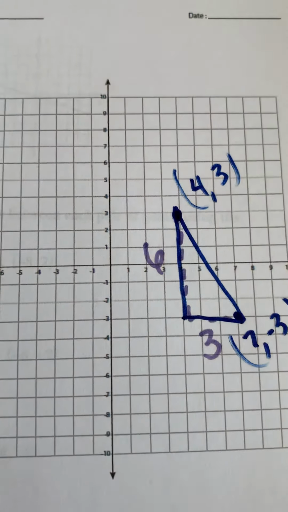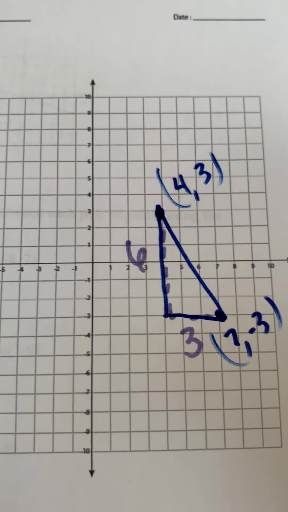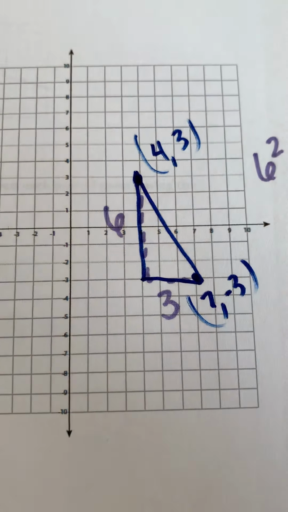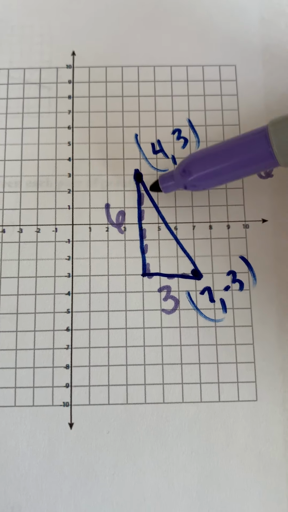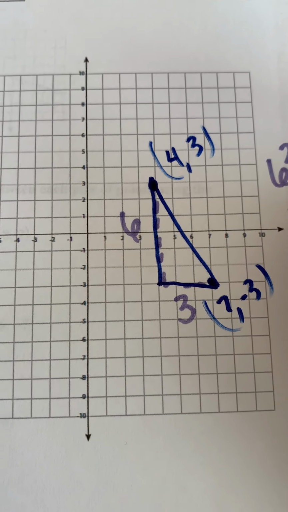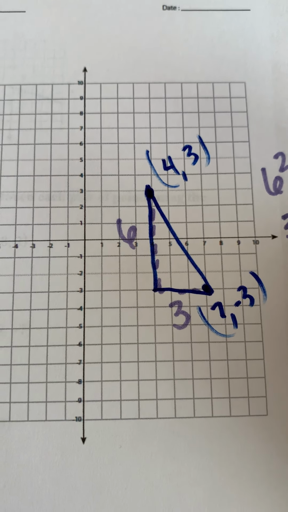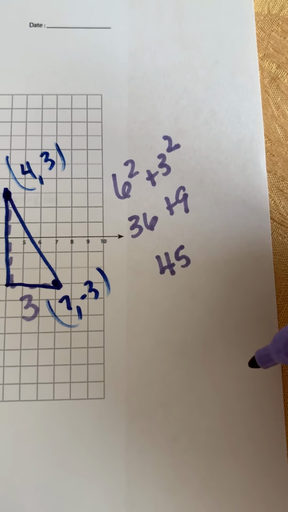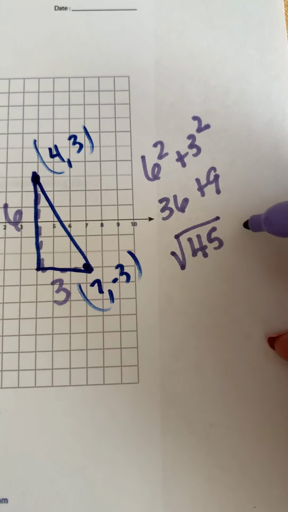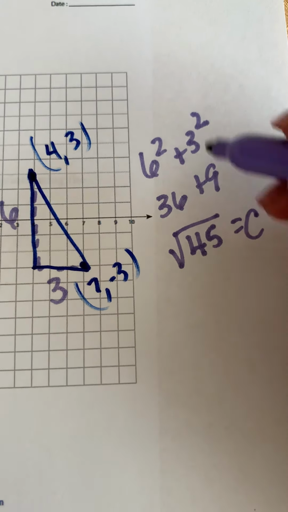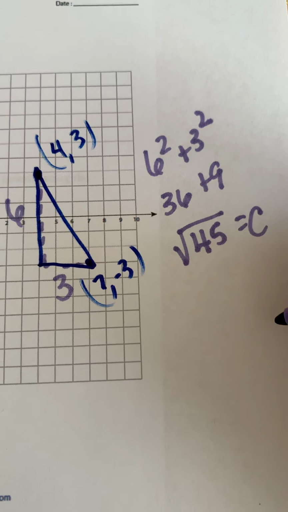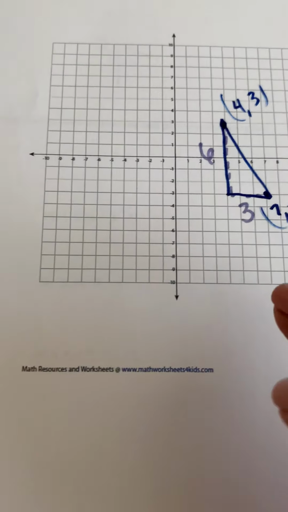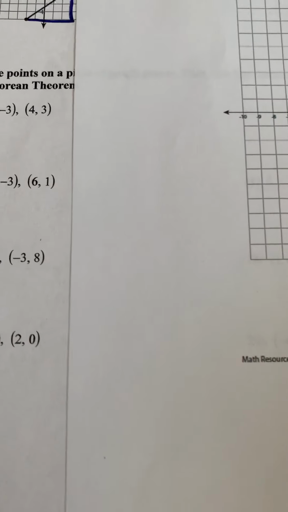So now that I've counted the distance across and up, my legs A and B, I apply Pythagorean theorem. 6 squared plus 3 squared. I'm going to find the length of the hypotenuse of that triangle. So I'm going to have 36 plus 9. Add those together. I'm going to get 45. And then once I get my answer of 45, I take the square root to find out what C is. Again, you're going to plug this answer into your calculator and get a decimal answer. And that's what you're going to do with the bottom half of the paper from problems 13 through